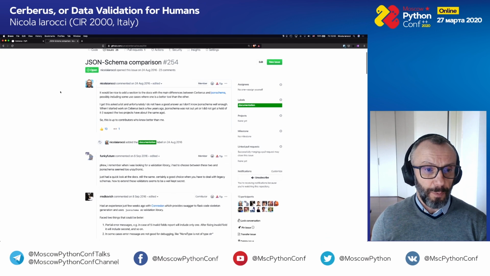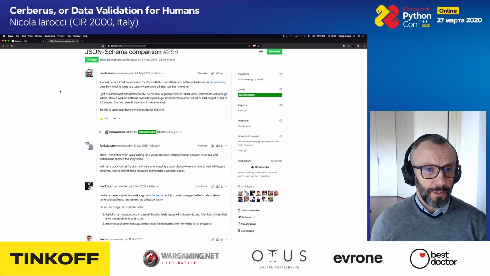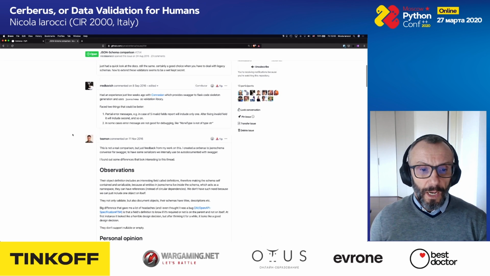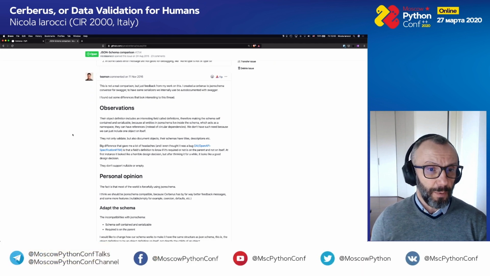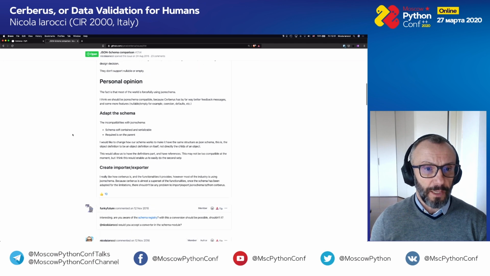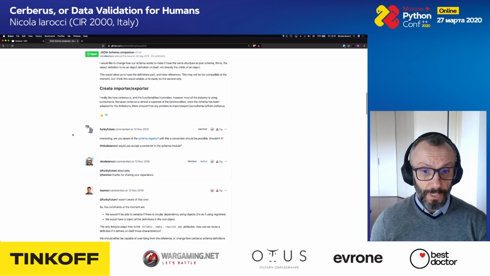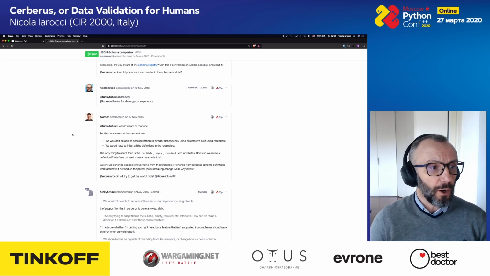And over time, many people have been answering. Some have been doing performance comparisons. The second response you see here is from Funky Future, who is the main maintainer right now. For example, this guy here made observations about OpenAPI, because he's been using OpenAPI in his own projects. So my advice is that you go and read this ticket, because you will find a lot of examples and pros and cons.